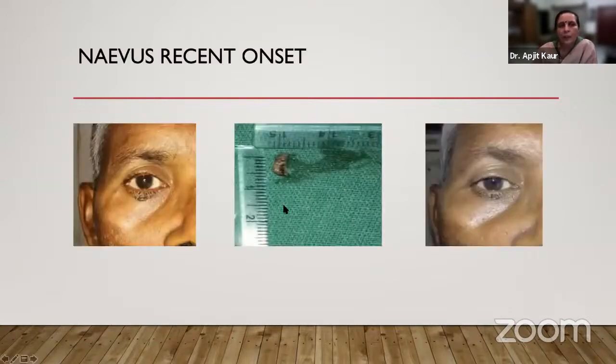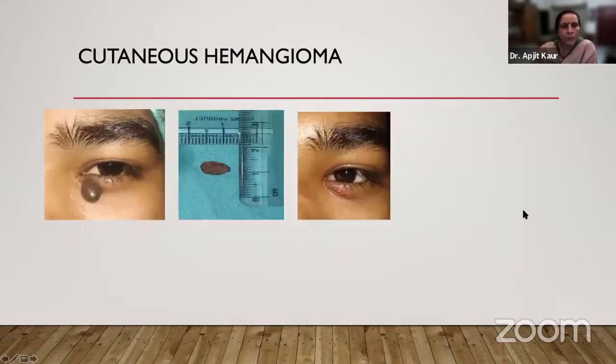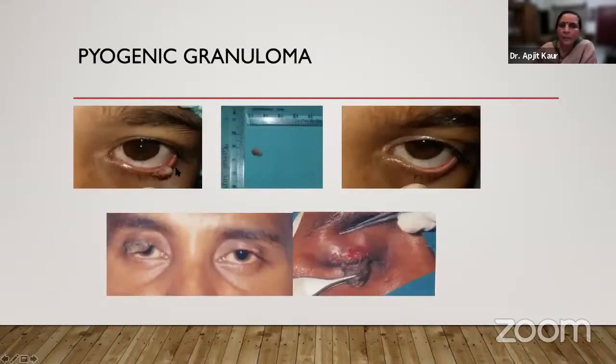So small recent onset nevus, excised locally, treated with sutures. Another, a cutaneous hemangioma, excised locally. I just sealed it with the patient's own blood. I didn't apply any suture. Just a little pressure. There was no tension on the wound. This is a pyogenic granuloma. It was excised. You see a very nice clean excision. Sometimes these pyogenic granulomas have large crustings. So you don't need to treat them like malignancies. The moment you pick it up, this whole thing comes off. The infection and the basal scab, just take a small part for biopsy from here.